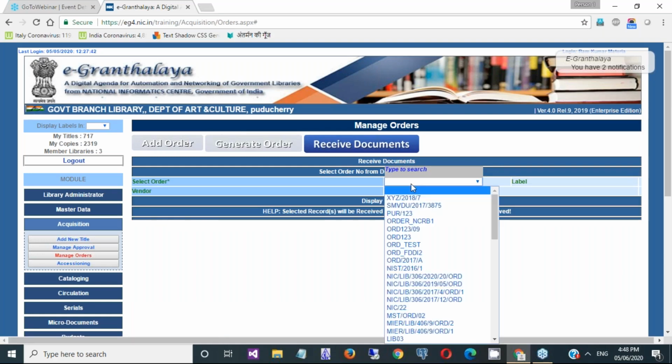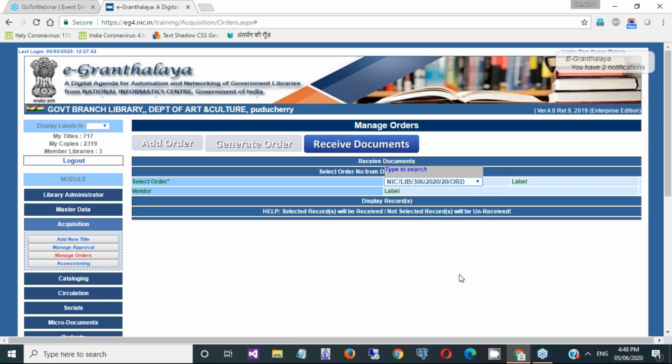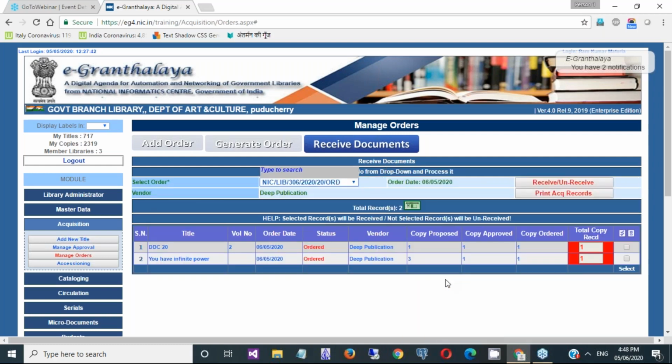Then, once books are supplied to the library, you need to select the order number. There may be a possibility that you have placed the order for 20 books, but at present he is supplying only 19 books or 10 books.